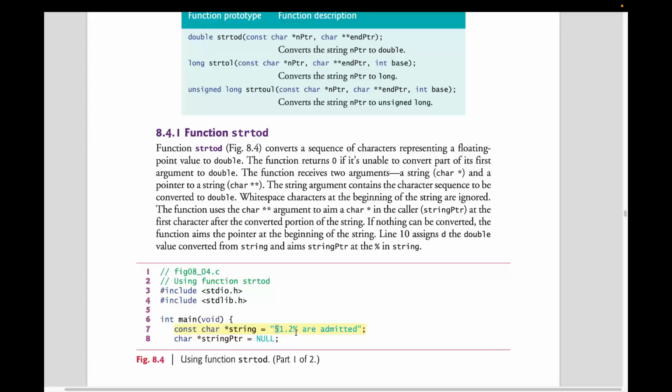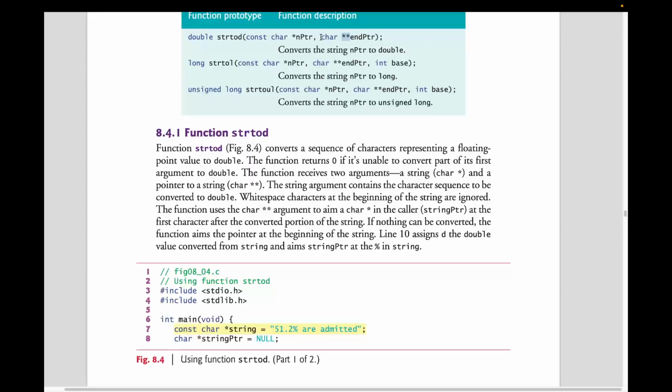But when this function is called with whatever parameters inside, 51.2 will be copied and given to a variable, because the return type is double over there, and 51.2 will be stored inside that double variable. But at the very same time, the remaining text, which is "% are admitted", is the remaining string. And we don't want it, but sometimes we need to find out that that text is also there. So this second parameter is that pointer to that string pointer,